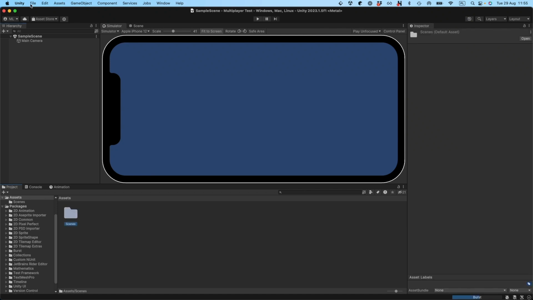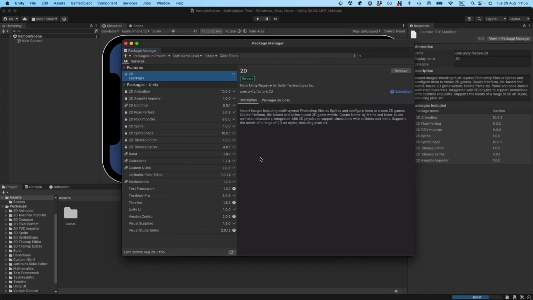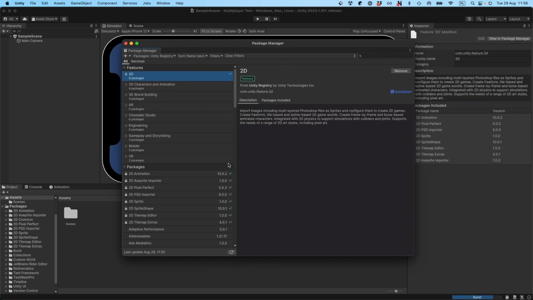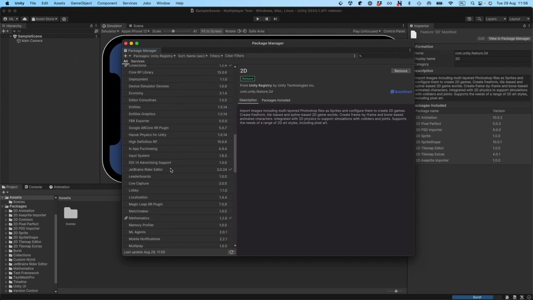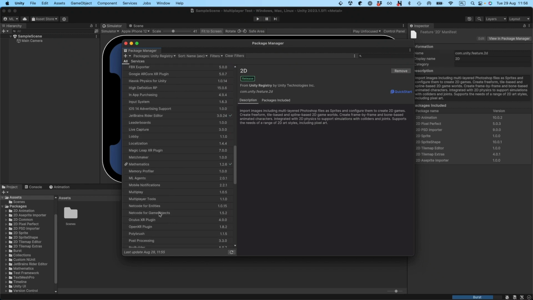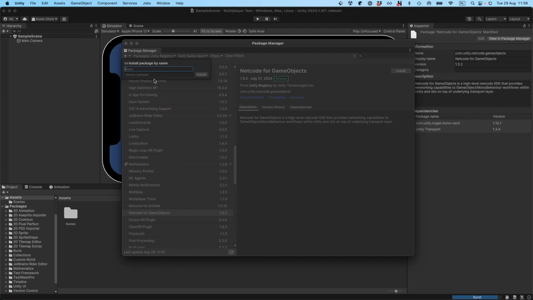Okay, so what we're gonna do is go Window, Package Manager. Then we go into Unity Registry. As you can see here, if you don't see multiplayer here, no, sorry, it's called Netcode for GameObjects. If you don't see this here, you can just come here to install package by name, and then all you have to do is do com dot unity dot netcode